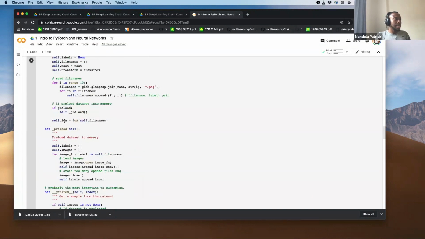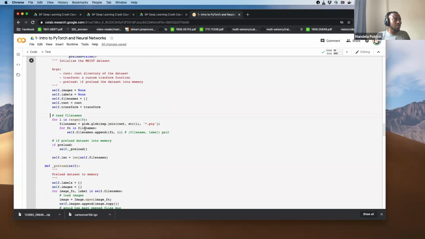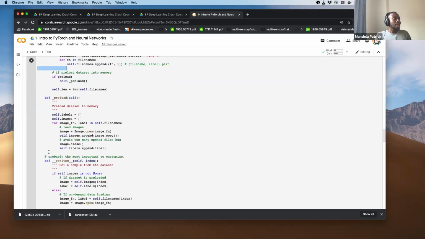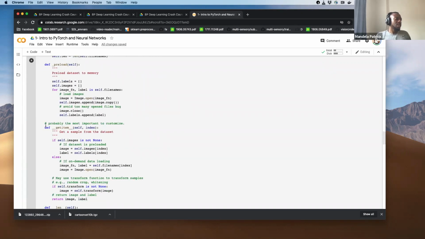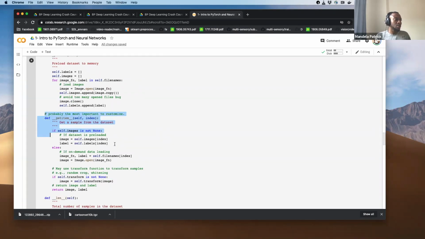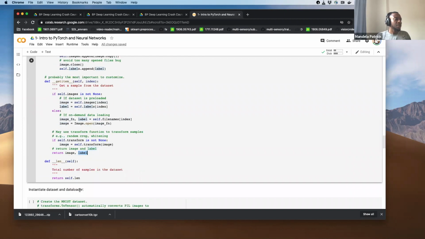So in this case, we just read in a bunch of images from disk, and we structure them into a list. And then the main function is the get item, where we get the image, we get the ground truth label, we apply any image transforms, and we return the image and the label.